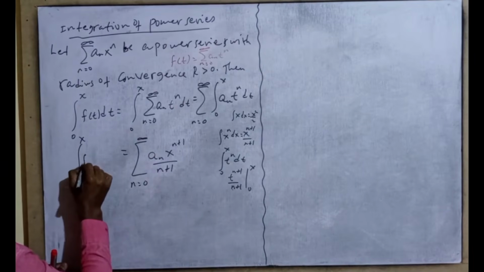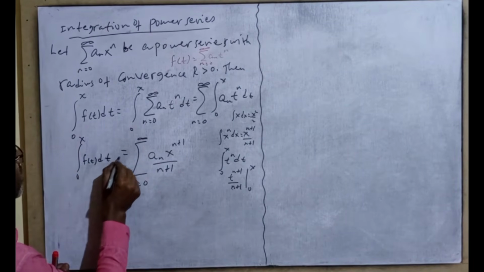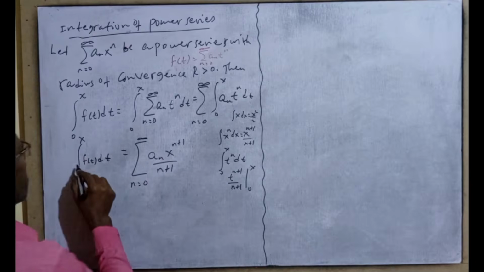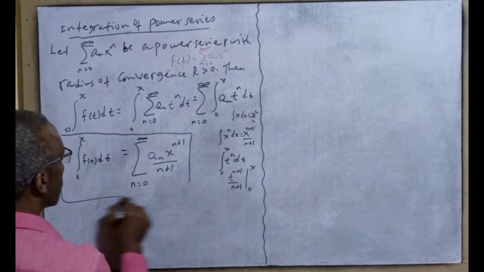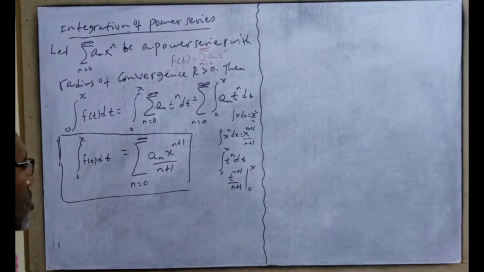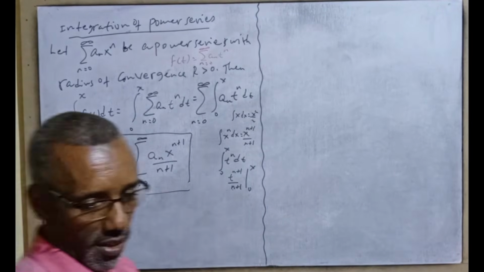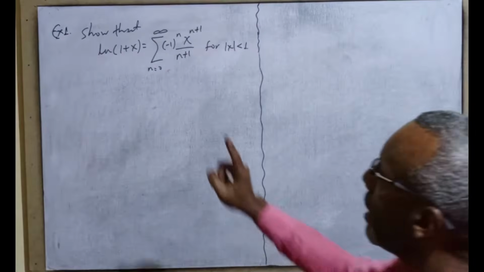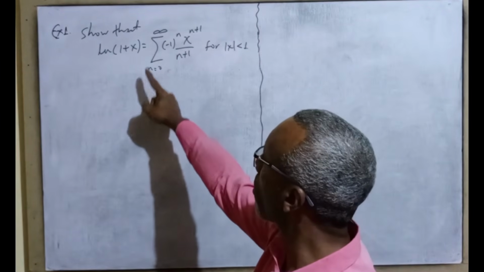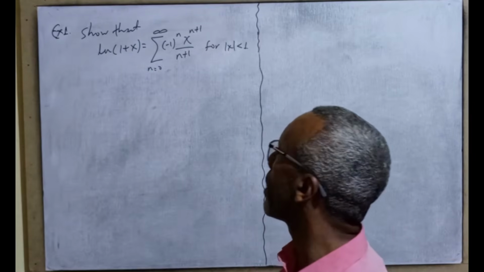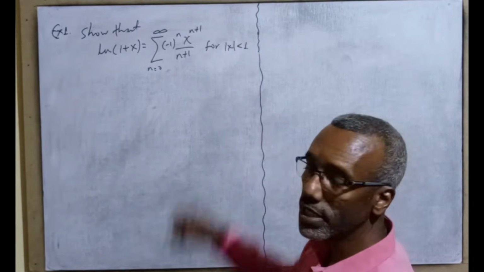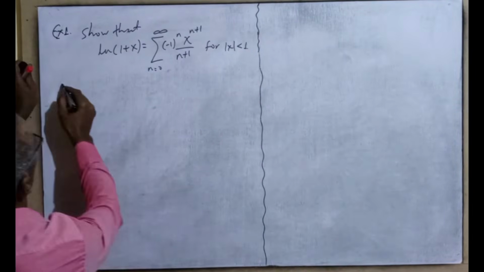x of f of t dt is equal to this much ይሆናል ማለት ነው this is actually the integral of this power series ማለት ነው the integral of power series አችን ይሄንን ይመስላል ማለት ነው. let's see example እንመልከት እስኪ. show that ln of 1 plus x is equal to the sum of minus 1 raised to n x raised to n plus 1 divided by n plus 1 for absolute value of x less than 1. solution ይሄንን ለመስራት